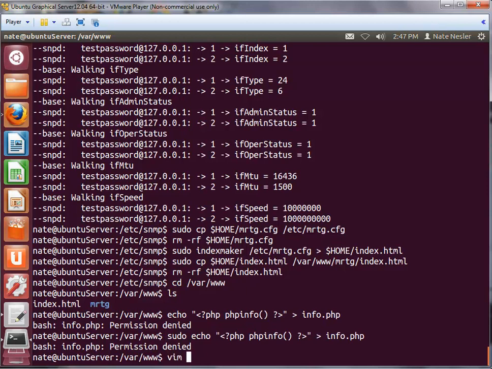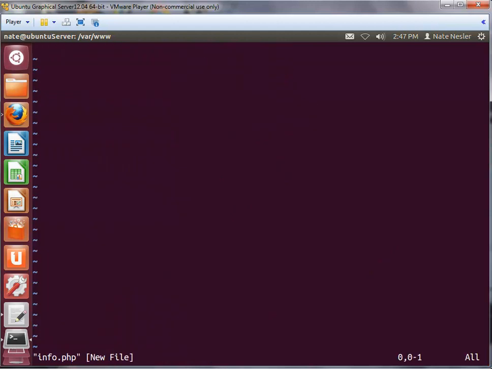Let's just vim it. Vim info.php. Alright. I'm going to hit the I key to go into edit mode. I'm going to click to make sure it lets me do it. I key, thank you. It wasn't letting me type. Alright. Then PHP. Alright, so I'm just going to go ahead and tab that over and make this all pretty, like I should. And then I'm going to say